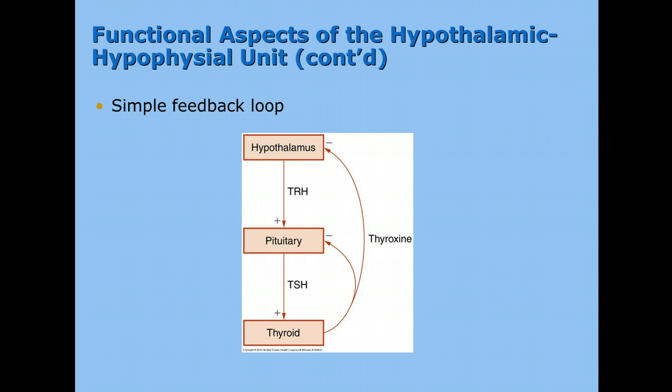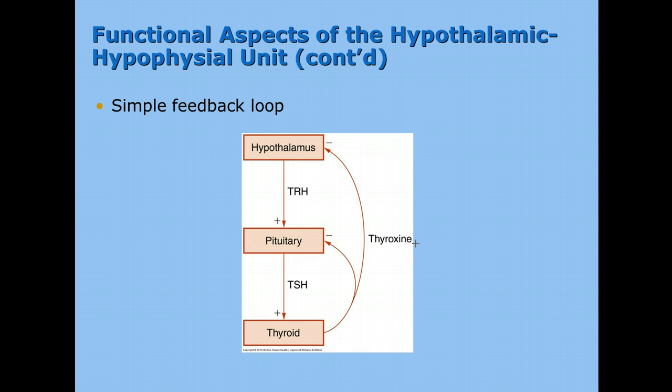The thyrotropin releasing hormone that's released from the hypothalamus will then tell the pituitary to release something called thyroid stimulating hormone. This thyroid stimulating hormone is then going to tell the thyroid to release thyroxine that you see over here